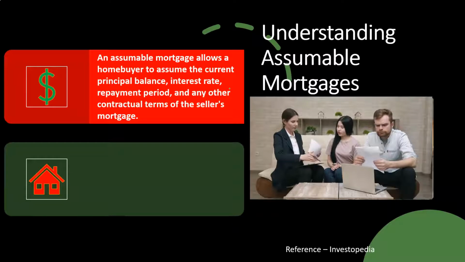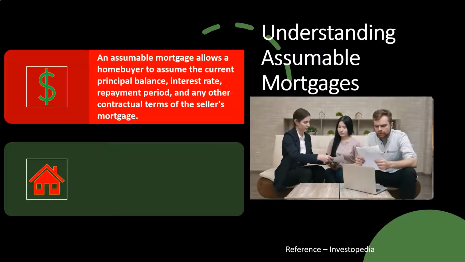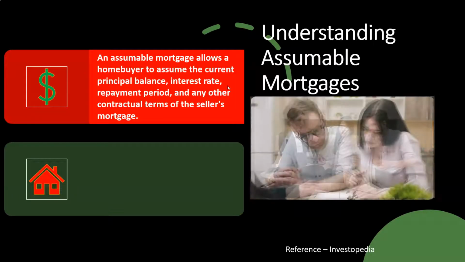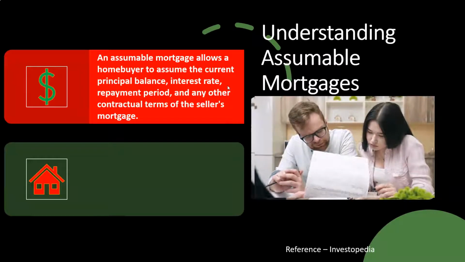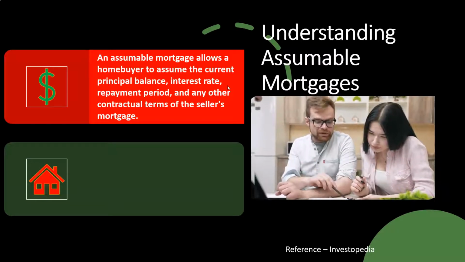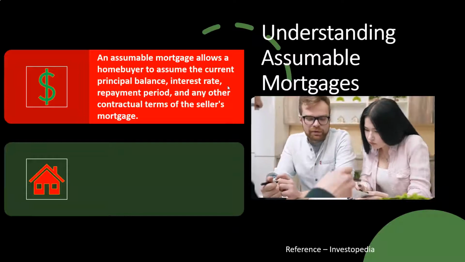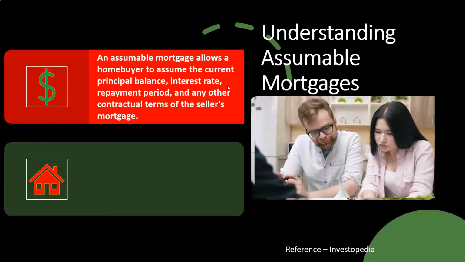If it's a fixed rate loan, for example, whatever the terms are on the interest rates, they've already been mapped out. They've already been agreed upon. The repayment period is already set, whatever it is at that point in time. That would make it easier.